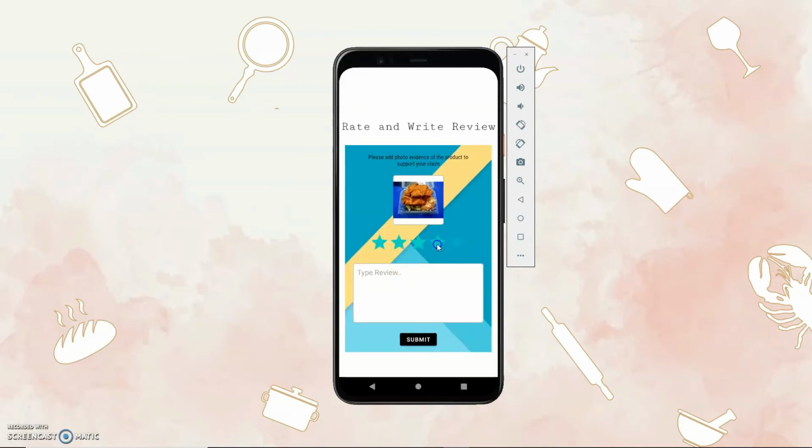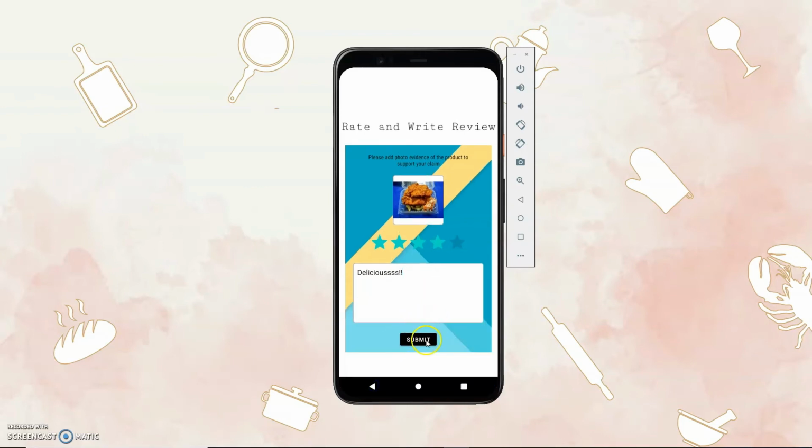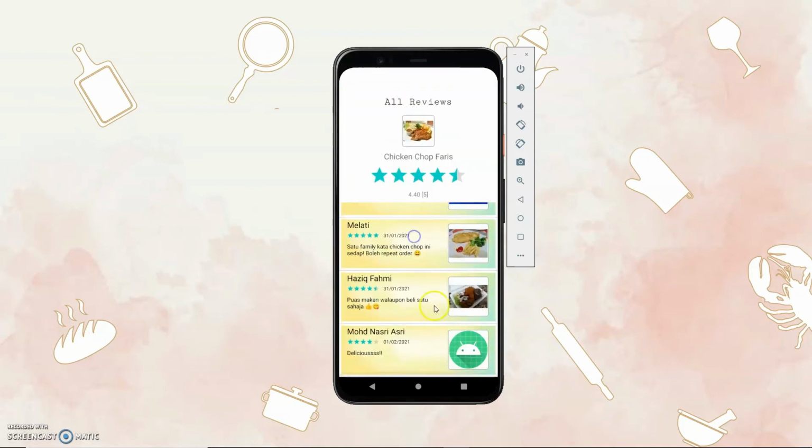They can click the rating, for example 4. Okay, and then they can click submit, and then rating and review published successfully. So we can view the rating. Okay, it has been added, and the average rating has also been updated, and the total number of rating has also been updated.